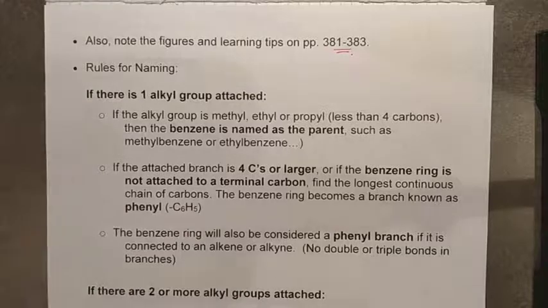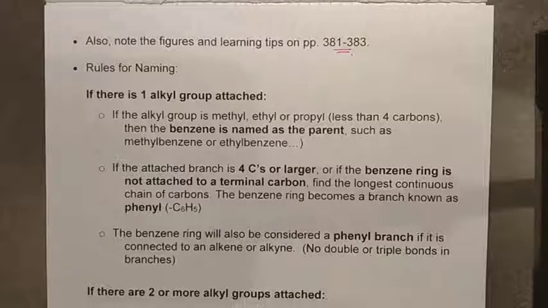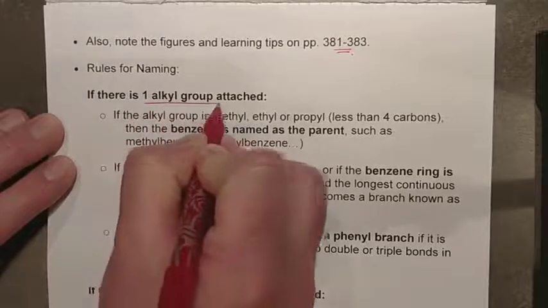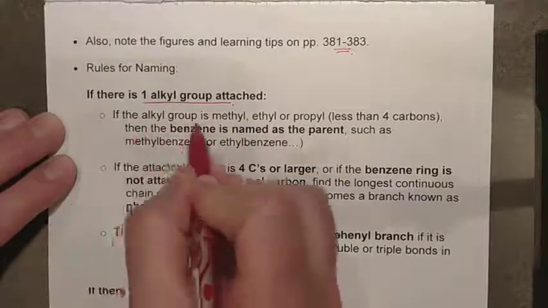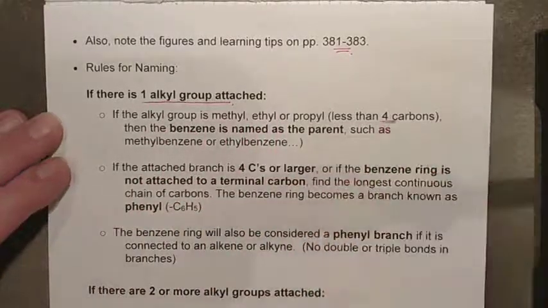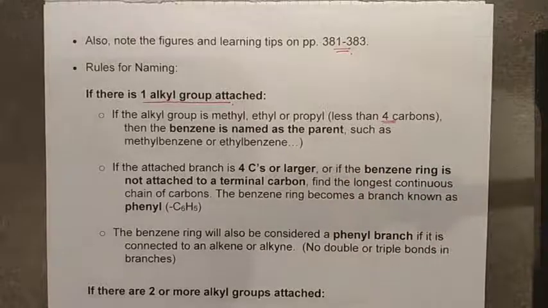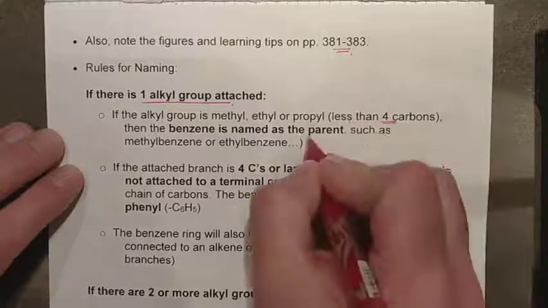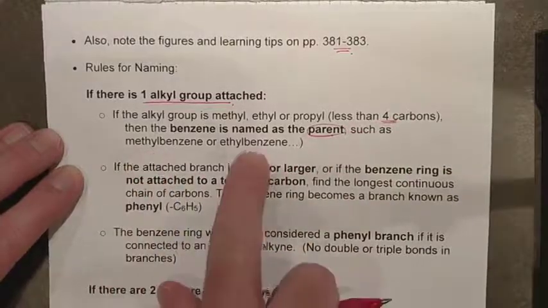The rules have quite a few exceptions, and you guys are probably quite lucky that you're going to be doing this quiz from home because you'll be able to reference this whenever you come across an aromatic. Some of the rules that you'll be asked to memorize in future chem courses will be things like this. If there is one alkyl group attached, then we have a couple of things to look at. If the alkyl group is less than 4 carbons, or 4 carbons or less, depending upon some resources, then the benzene ring, that weird little 6-carbon structure, is going to be named as the root or parent. So we might get something like methylbenzene or ethylbenzene.